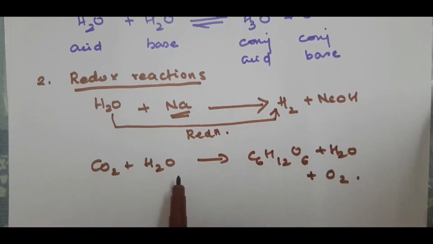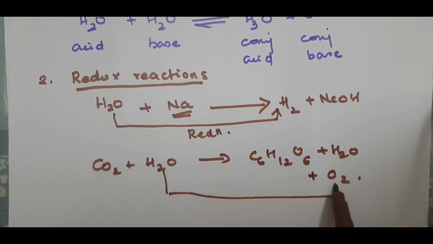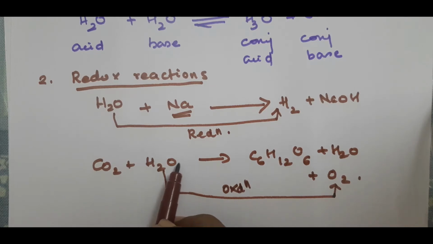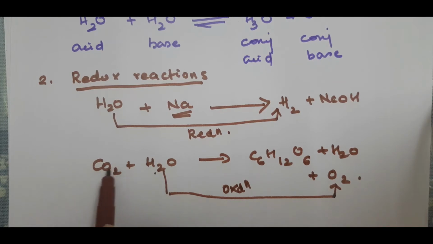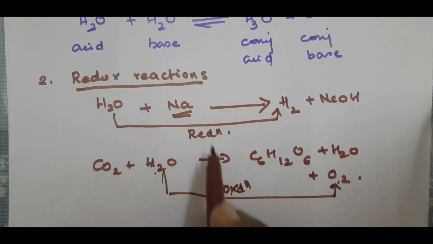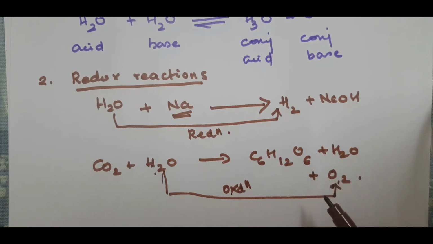See, in this case water is oxidized to oxygen. Water is oxidized to oxygen means what? Oxidation means addition of oxygen or removal of hydrogen. So here this water, you just balance it, right? I am not balancing it. So water is oxidized to oxygen means removal of hydrogen and forming oxygen. Correct. So this is reduction and this is oxidation. So water can be involved in redox reaction. So that is the second type of reaction. So just balance it.